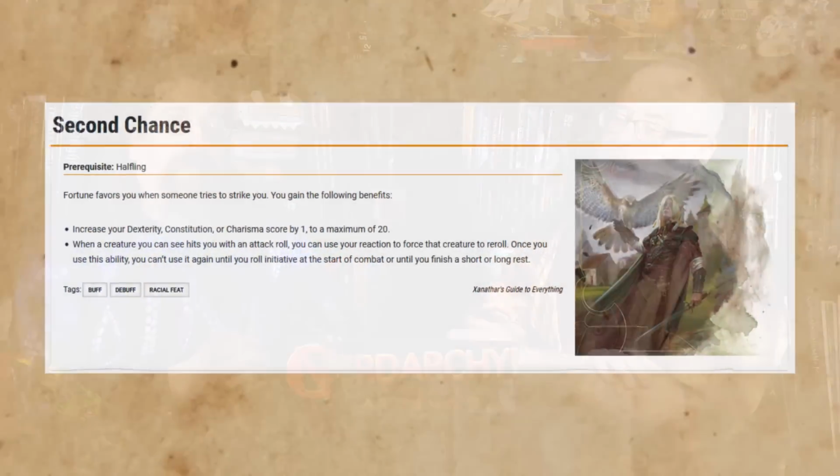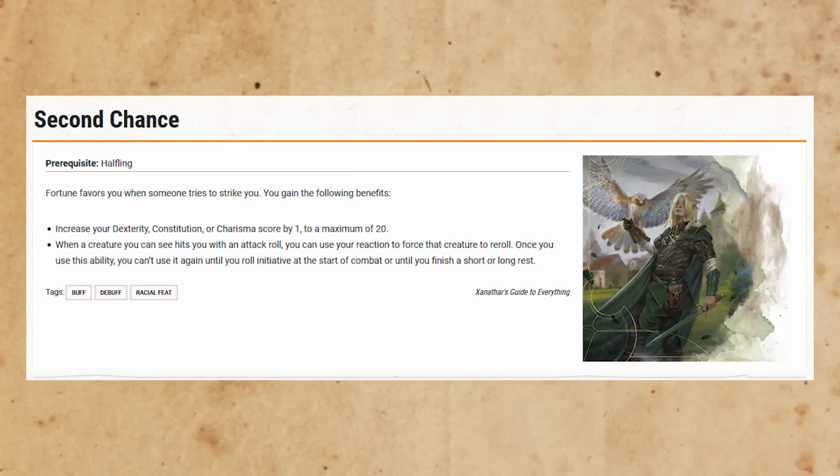So finally, we have another halfling feat, Second Chance, and basically use a reaction. Once per rest, you can make someone else re-roll an attack roll, and they have to keep the second roll. Really useful for, your...